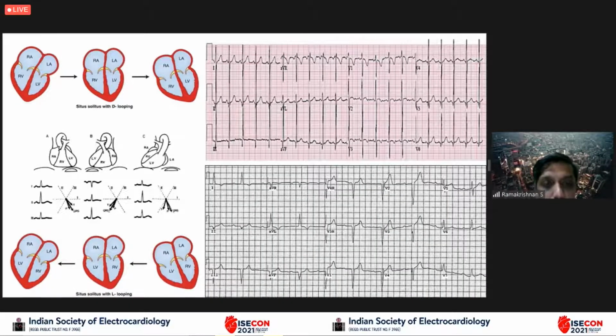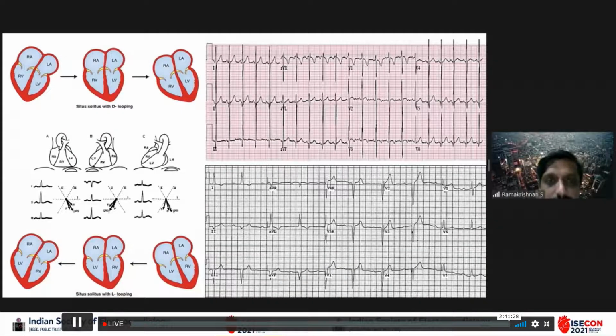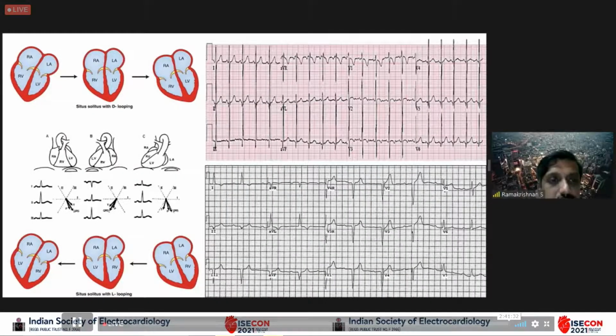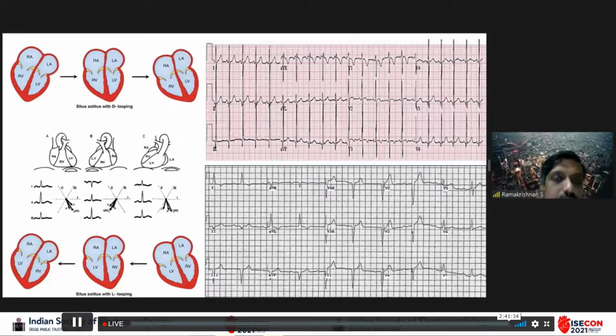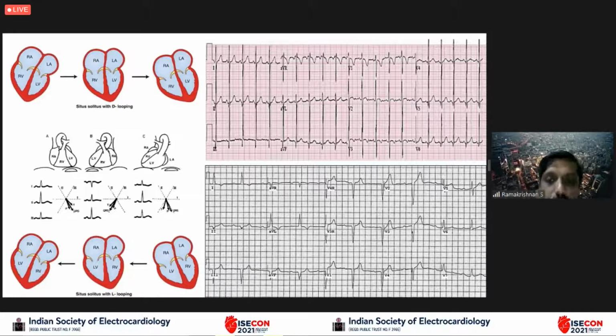In a nutshell, you should look at the P wave axis for identifying the situs, as well as look at where the QRS is more prominently seen, lead 3 or lead 2, for identifying various forms of position, for example from dextrocardia to dextroversion. And then you look at septal Q waves for identifying the initial activation vector. Those things will give you a clue in most of the conditions.